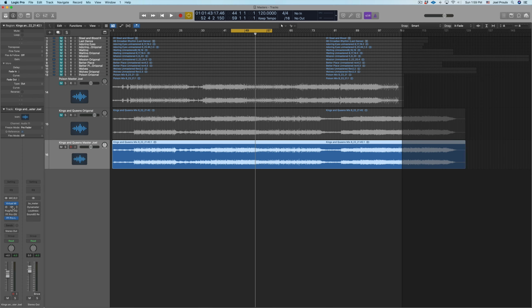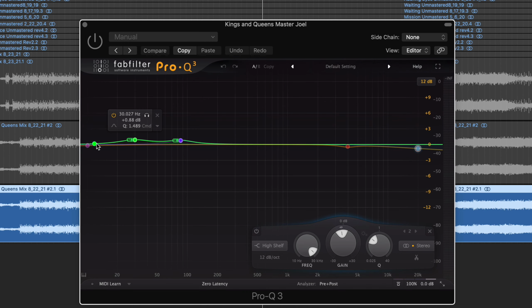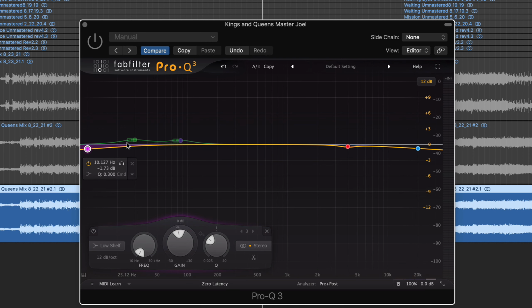Next, we went to our Pro Q3, and as you can see, there are a bunch of tiny moves here. Let me talk about the low and high end shelf cuts that we have here. So to tighten up my low end, I will come all the way down to like 10 hertz, something that's not even audible to the human ear, and do maybe half a dB to a dB cuts. And even though we're cutting it at 10 here, we're also cutting some of the frequencies above this. So when you take a shelf like this and bring it down, we are still affecting the areas above and